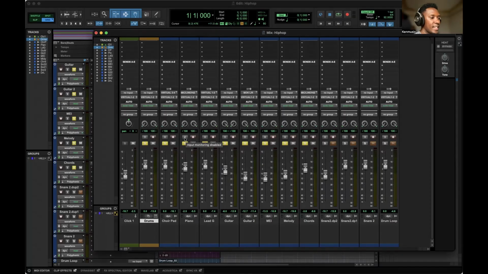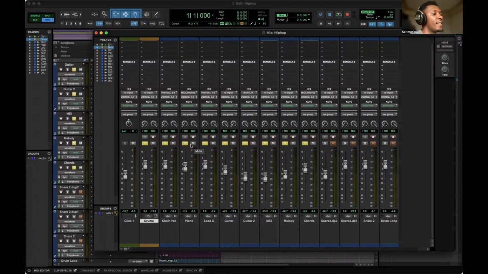As you can see, the cursor is even giving me a heads up. Input monitoring. So you can enable this or disable. If I enable it, you can hear I can literally monitor myself, but I don't want that. Over here, we've learned about this. This is track enable. You click on it, it enables your track ready for recording. Okay, so if I want to record my voice into the Pro Tools, then I can do that. But now it's doubling because I have my channel and also on the Pro Tools, and you don't want that